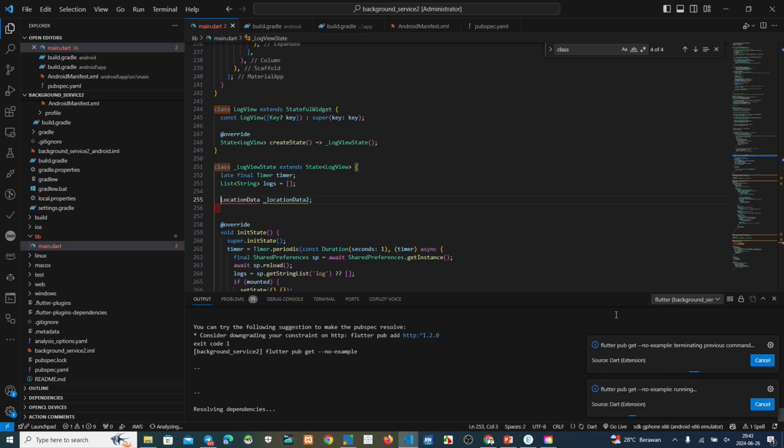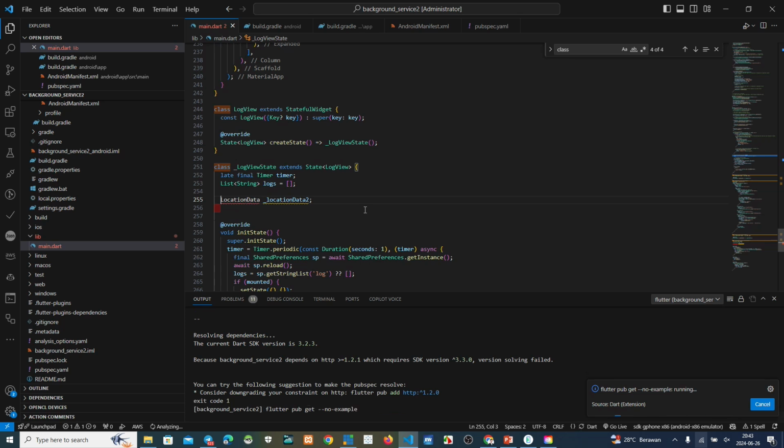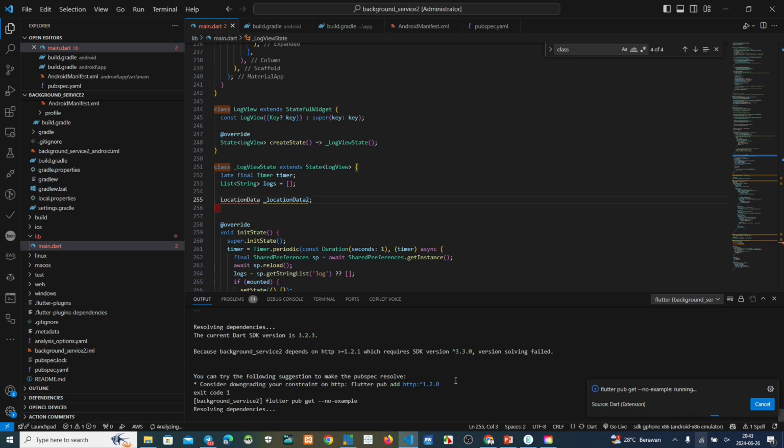Maybe we wait until this updates. Okay, you can see this HTTP. We must change this because of an error. We use SDK version 3.3.0. This one we cannot use, so we downgrade to 1.2.0.